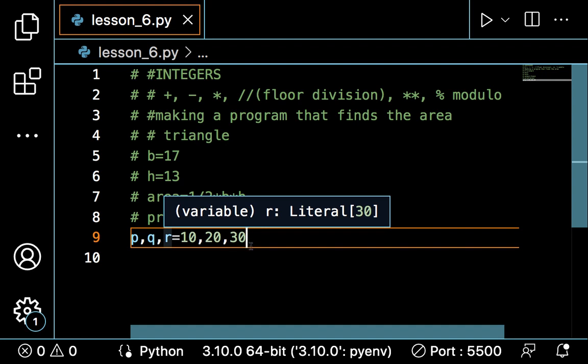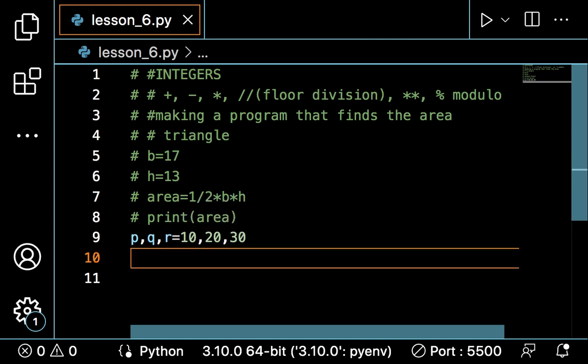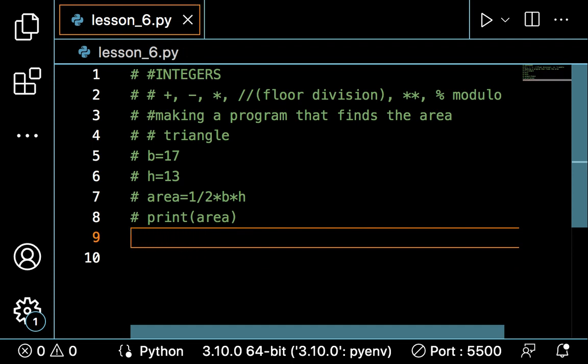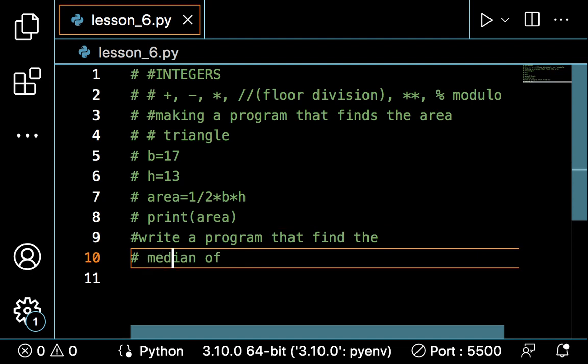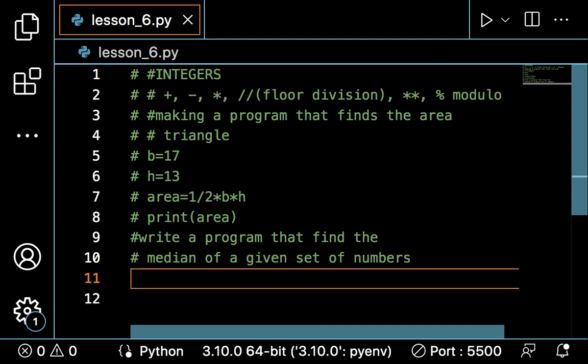Let's find the sum of P, Q, R. Or let's find the average. Average equals, let's say AVG equals... okay, let me even do a simple one. Write a program that finds the median of a given set of numbers. So in this case, what we'll do is, instead of listing out the numbers in a variable or assigning a number to a variable one after the other,